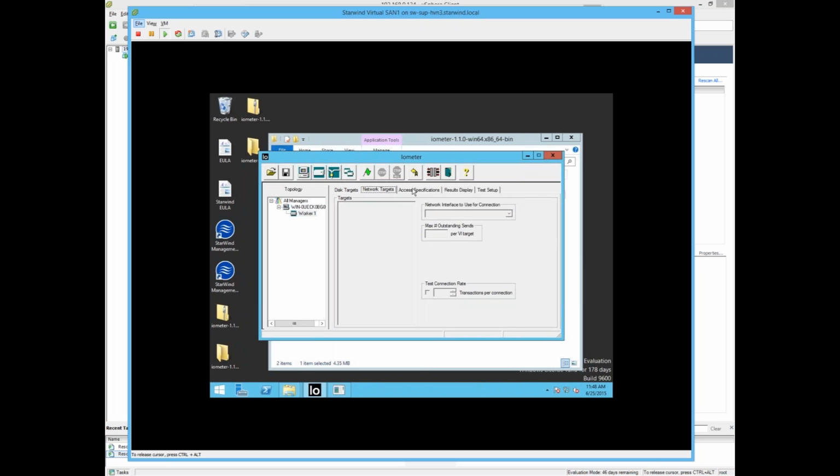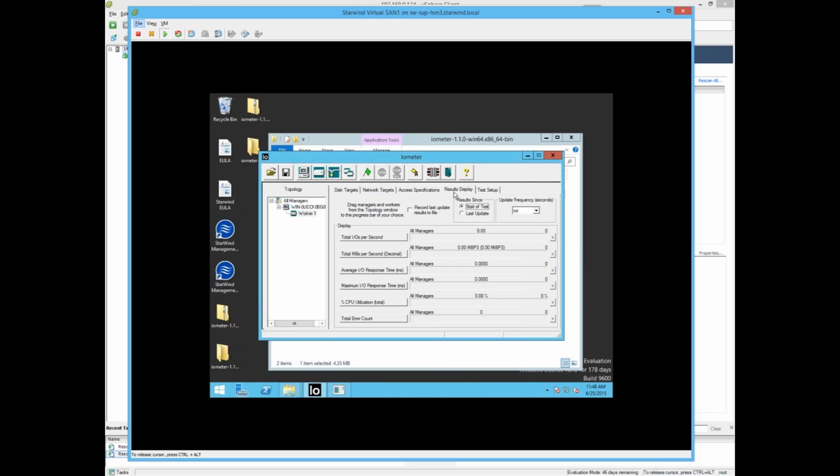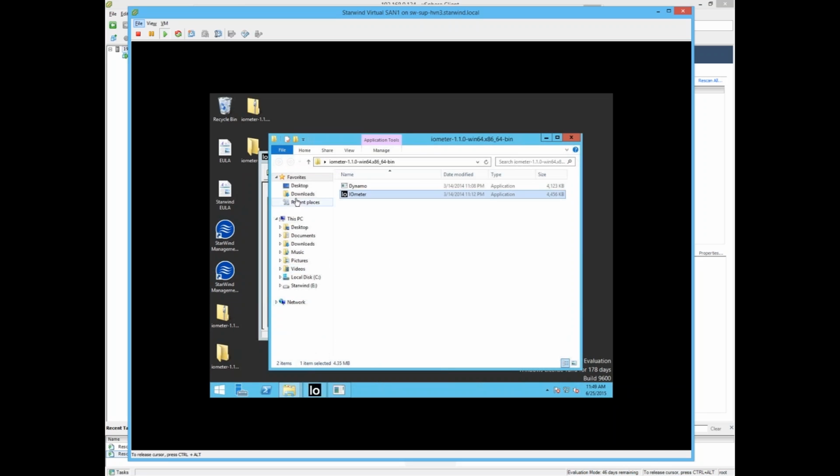I do not set everything, and as a test, I will choose a hard one, which gives you 100% write and 100% random. Results displayed will be last update. The update will be 1 second, and we will be testing our C drive, which is a local drive for that machine,